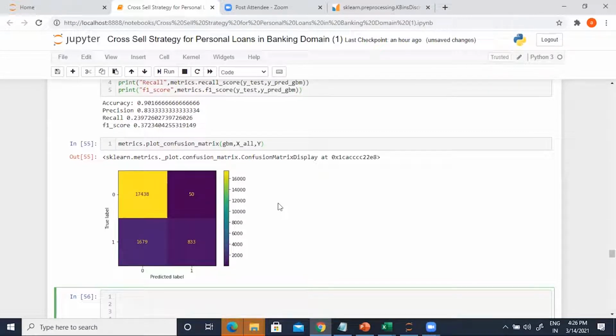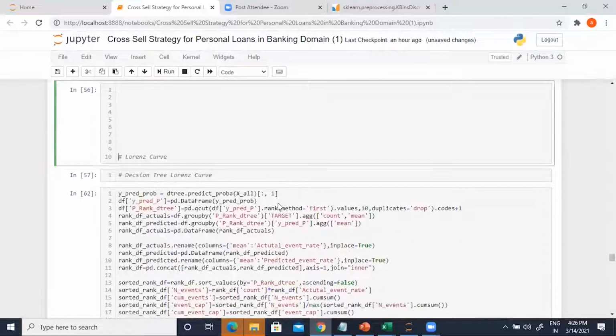Yes, right. But what kind of recommendation will you give your client? That, okay, please go after these 833 people? How will you create some sort of profile or target group? That's what we will look into next.